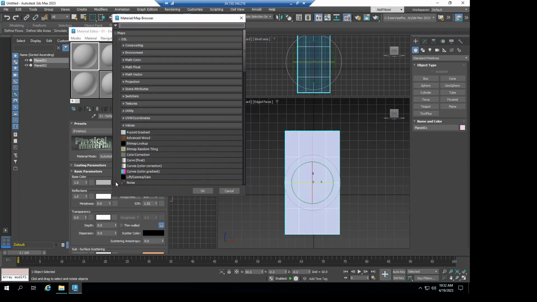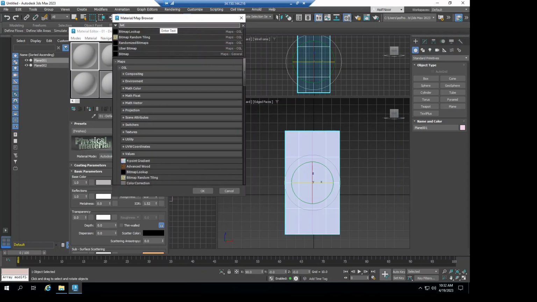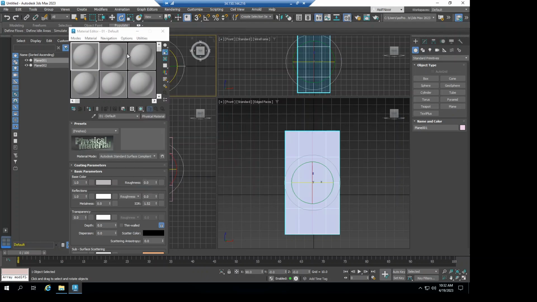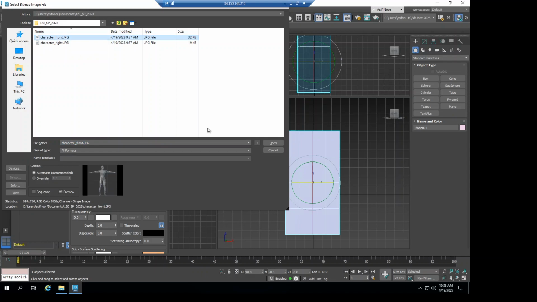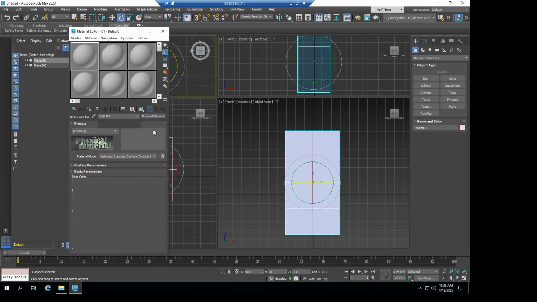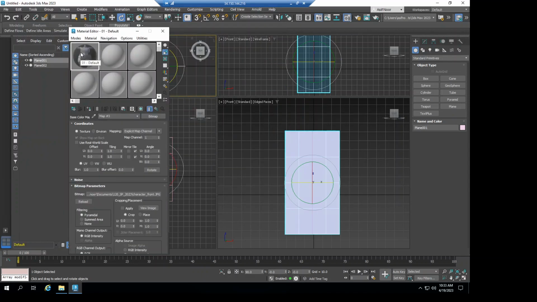So click here and then look for bitmap. Okay, you can also type in here. So double click on the bitmap and then select the front image and then hit open, and you will see the image is displayed here. What we need to do is make sure the front plane is selected and then apply assign material. Okay? So once you do that,